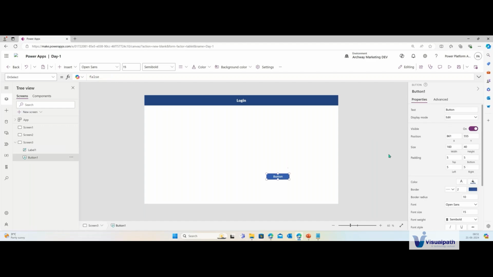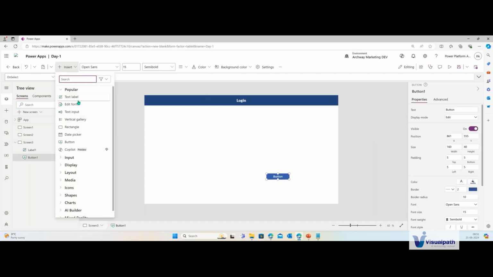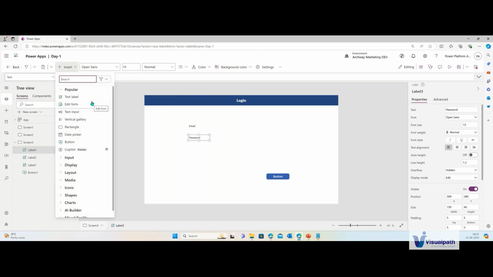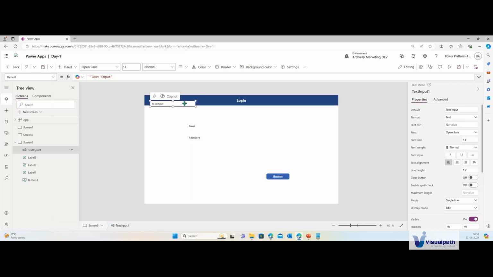Now I want to add few more labels. Let's say I want to quickly design a login form. What will I do? Text. I'll say email, and I'll add one more label. I'm adjusting it here, and I'll say password. Okay, insert. And then I want a text box for capturing email. So I'll just put it here